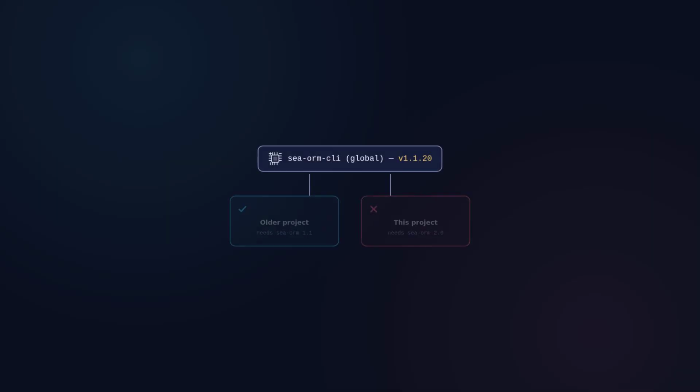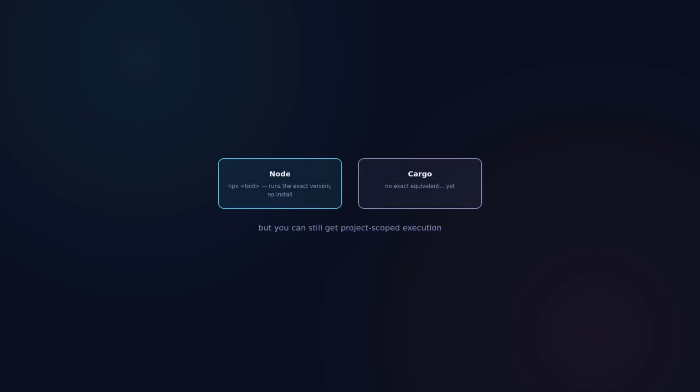Your project depends on SeaORM 2.0, but the SeaORM CLI binary sitting on your system is still 1.1. Loco quietly shells out to whatever SeaORM CLI happens to be on your path, and that binary only knows one version at a time. In Node, you just reach for npx and run the exact version a project needs, no install required. Cargo doesn't have an exact equivalent, but you can still get that same project scope behavior with a